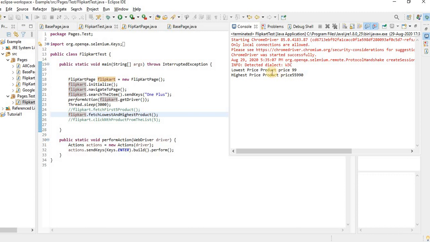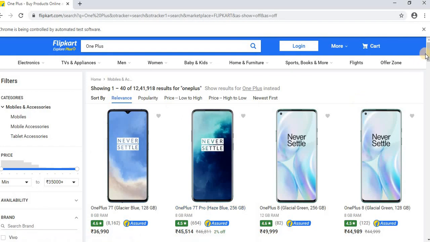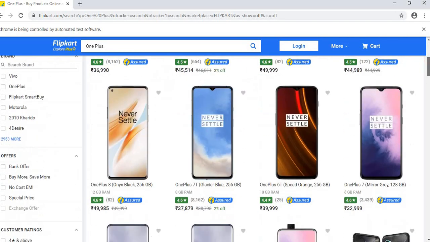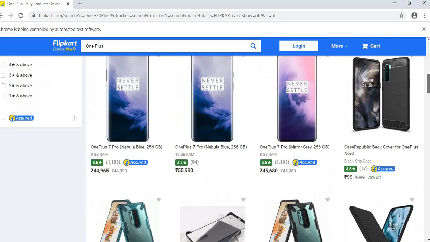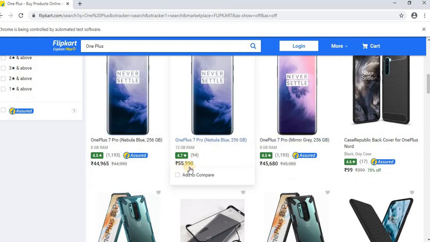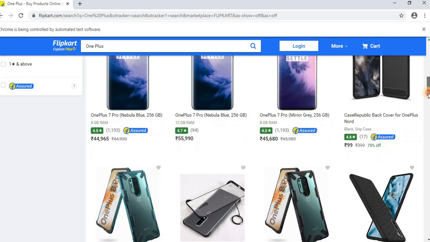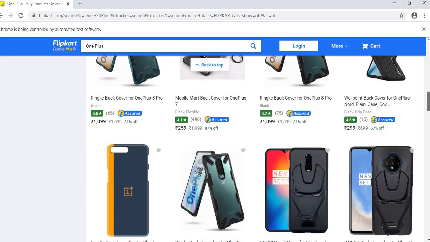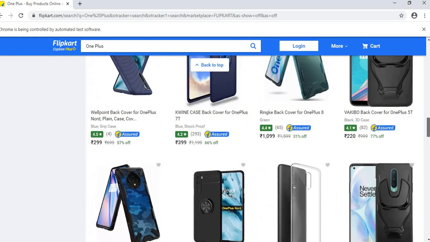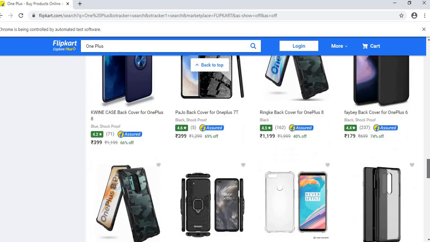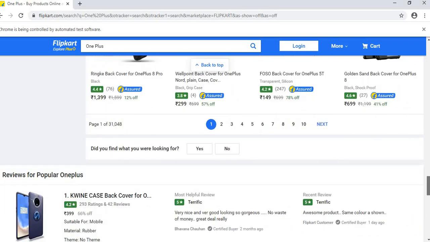So you can see the highest price is this and the lowest price is this. Let me compare here. So the highest price is this. If you see anything, then let me know. And the lowest price is 99. Okay, so I don't see anything which is greater than 55,000 on this page, so it's correct and we have